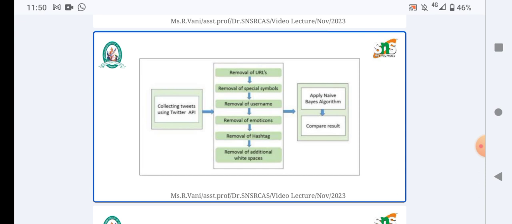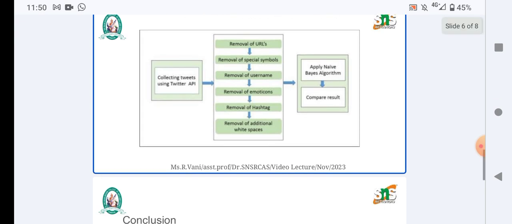By the following removal process, we can remove all the unwanted content in a tweet, apply the naive Bayes algorithm, and compare the result. Here the naive Bayes algorithm is a trial and test process where we analyze the repeated and useful as well as unwanted data, which can be separated into a package, and compare the result of repeated data and dissimilar data. And finally we have to analyze that